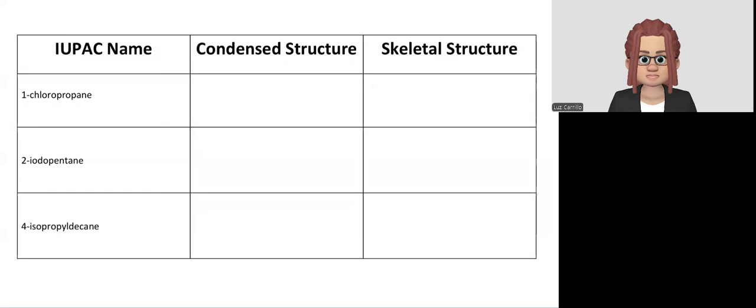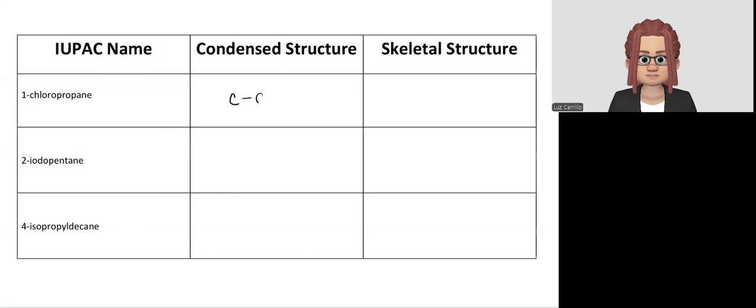So if my structure is 1-chloropropane and I need to draw specifically the condensed and the skeletal structure for this molecule, the first thing that I'm going to draw is the main chain, meaning the longest continuous chain. In order to address that, I'm going to look at the last word, propane. Propane suggests that there are